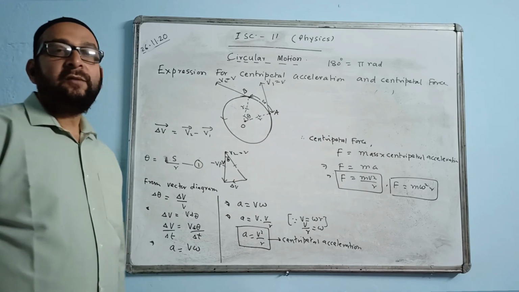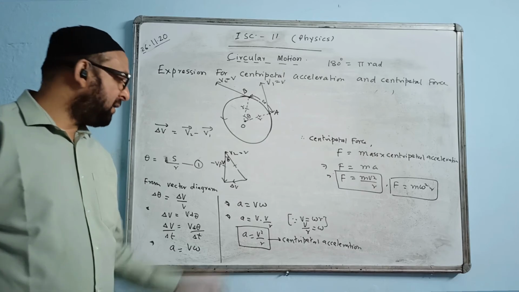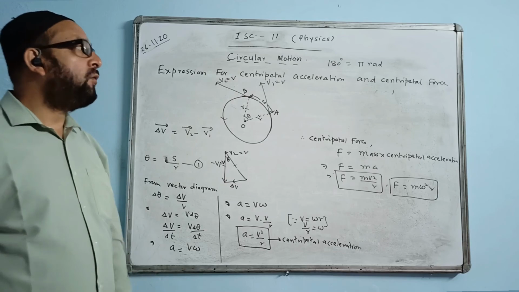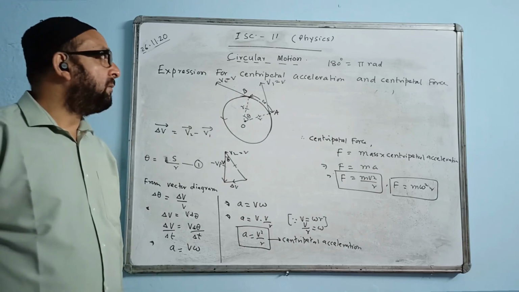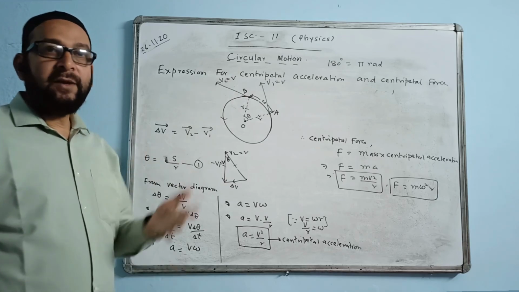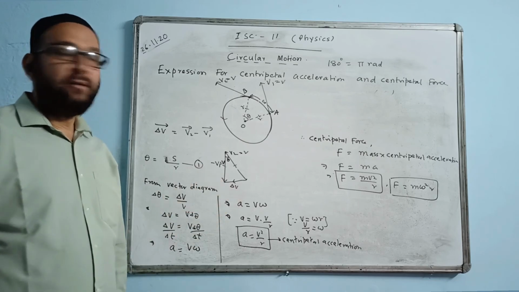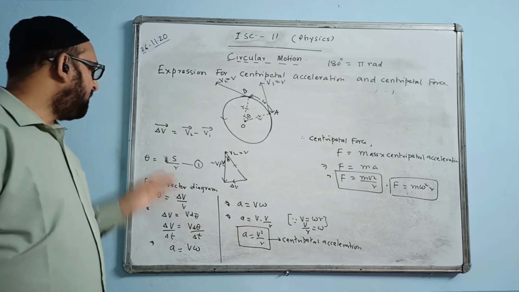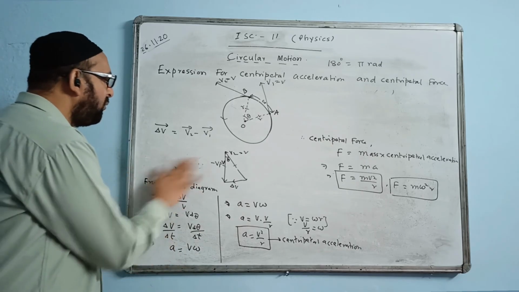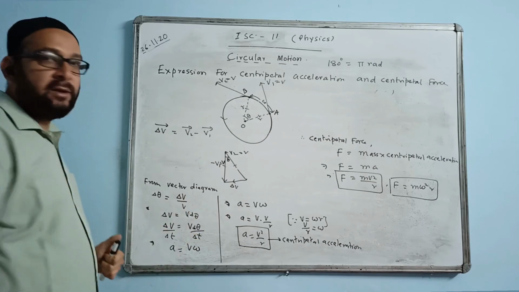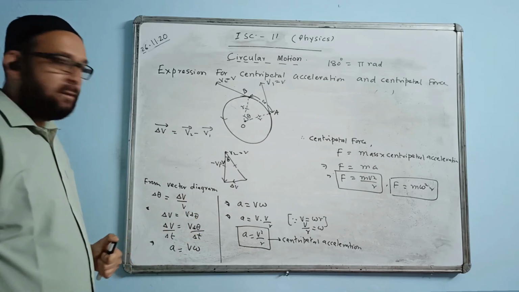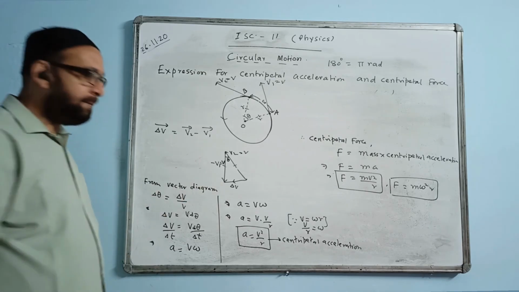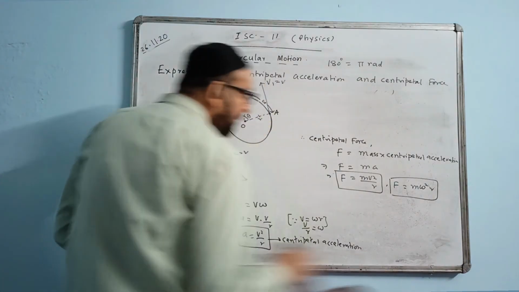So now you have learned the formula of centripetal force and centripetal acceleration. Last time we used to only define centripetal force and centripetal acceleration, but now you are getting the formula, the derivation, and the diagram. This equation you may not have, because it has got no significance. We are not using this equation at all, so you can cancel it out, continue from here, and then you get the result.